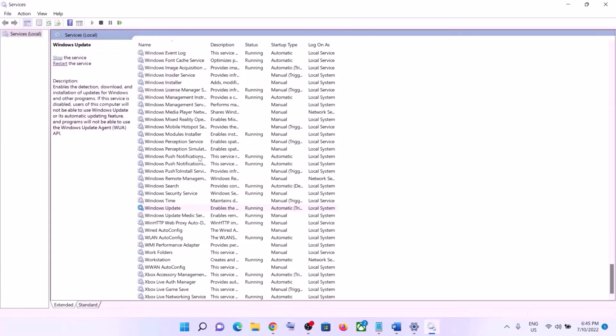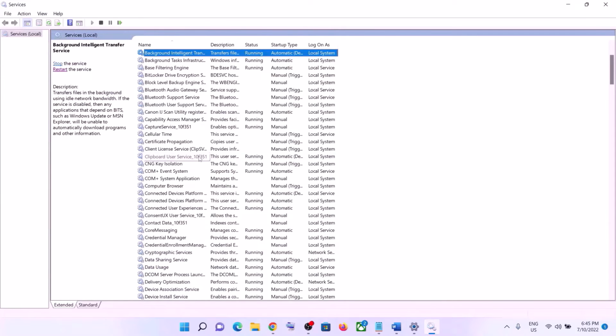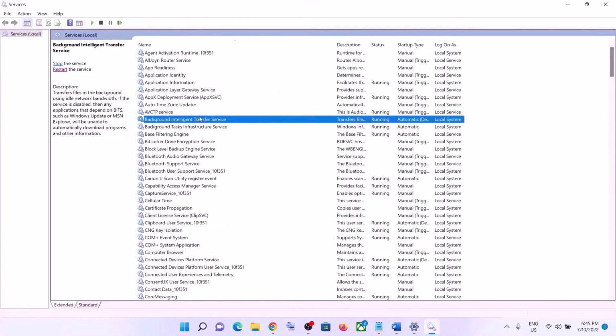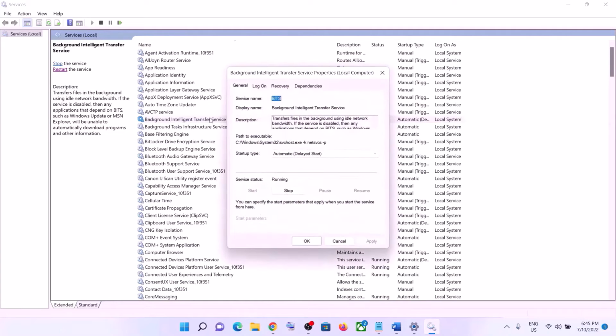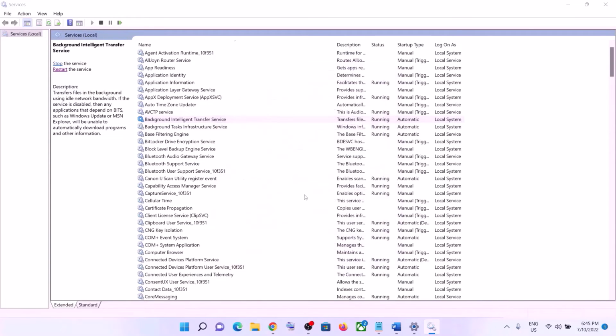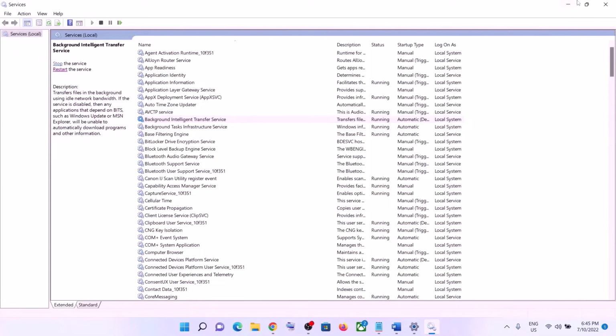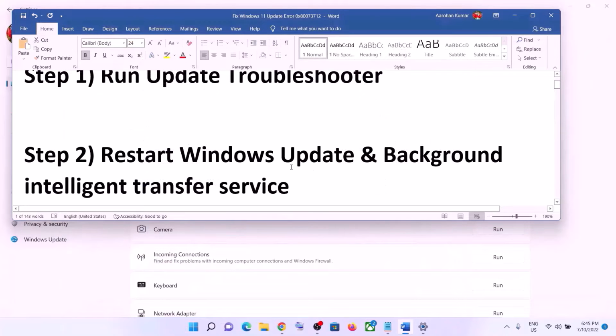Now once done, find Background Intelligent Transfer Service and then make a double click on it and set it to automatic. Click on apply. Click on start if highlighted, then click on OK. Now again with this selected over here, click on restart the service. Now once done, try to update your Windows 11 once again. Now if still you are unable to update,